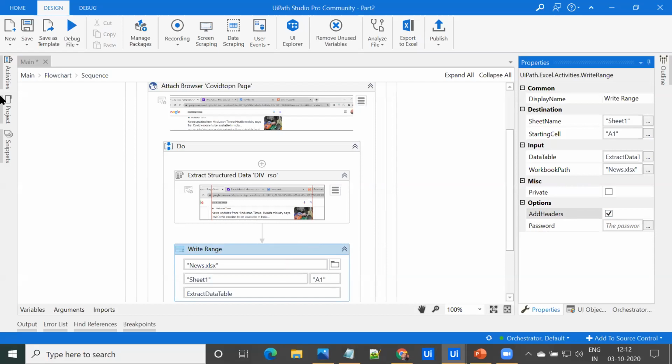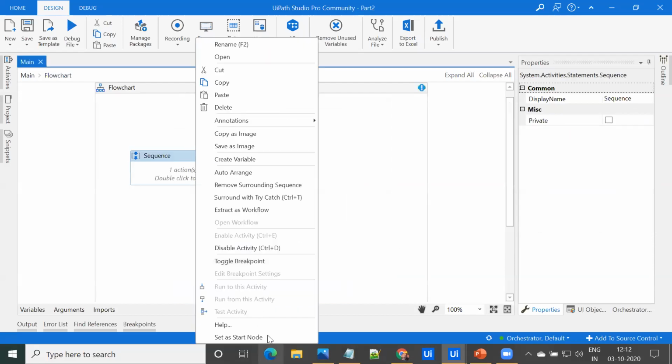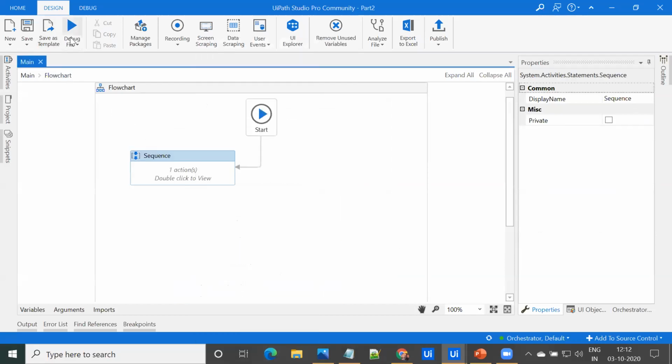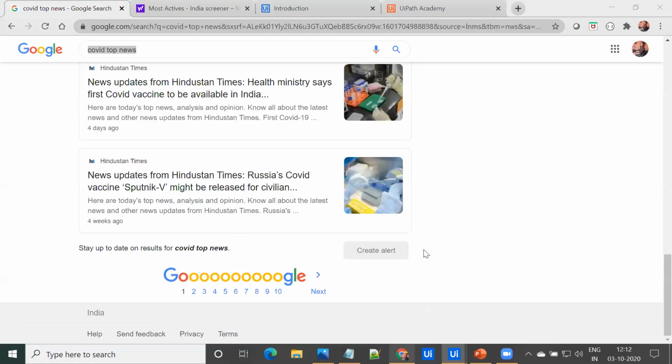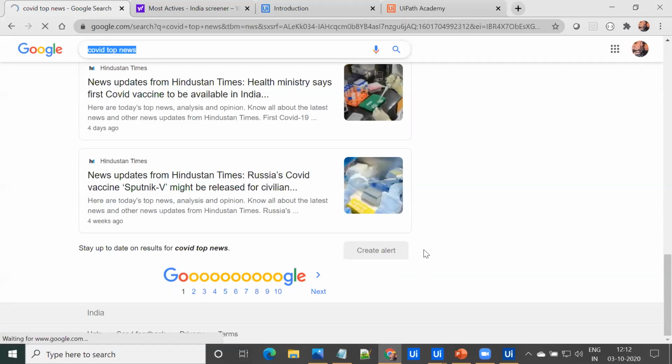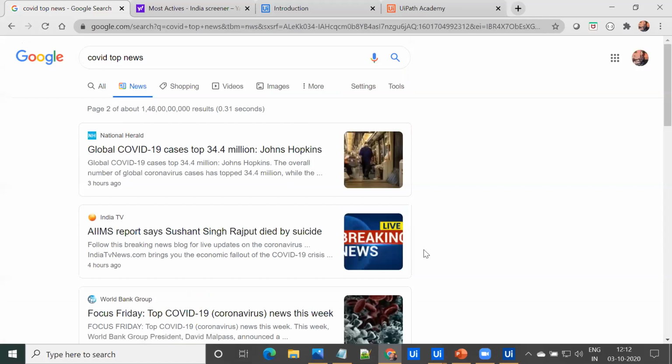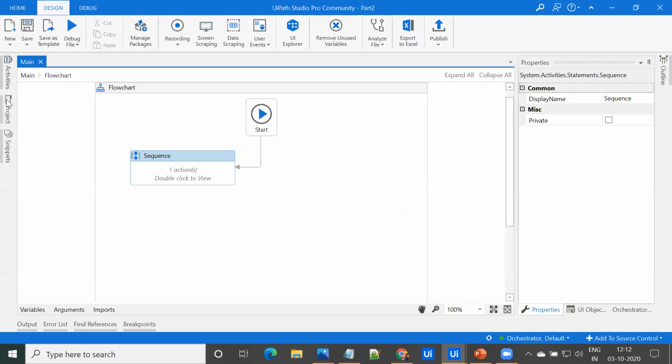So let's save this and let's run the workflow. So you can see that it has navigated to the second page and execution has been completed.